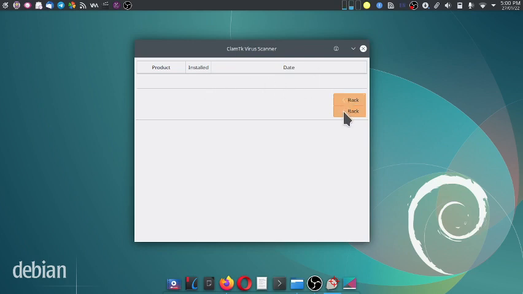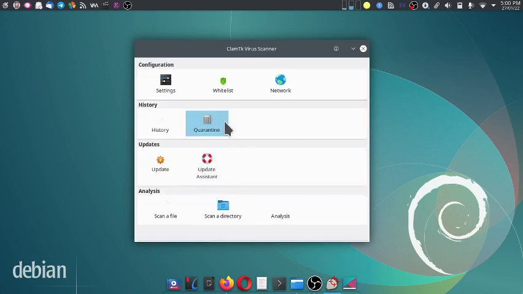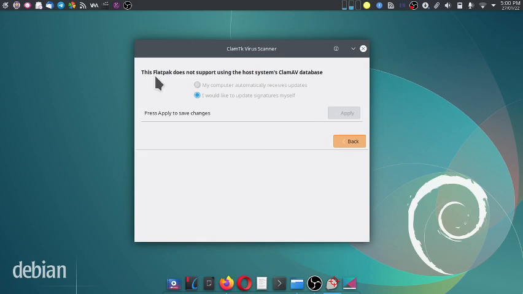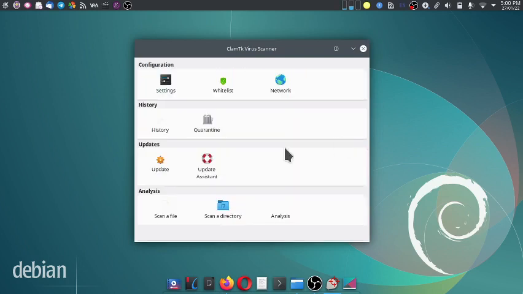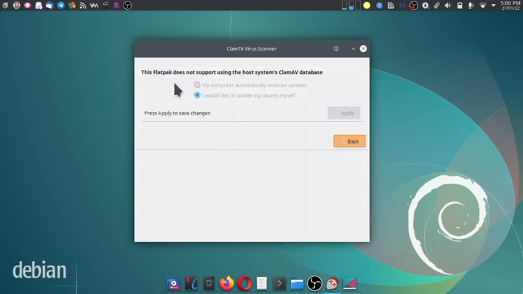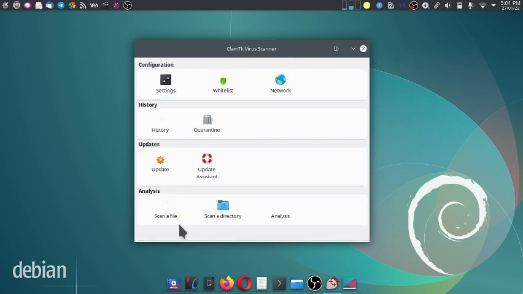Right now for some reason it is not showing. This is the update assistant. I would like to update the signatures myself. By default, I am using the ClamTK Flatpak right now. Okay.